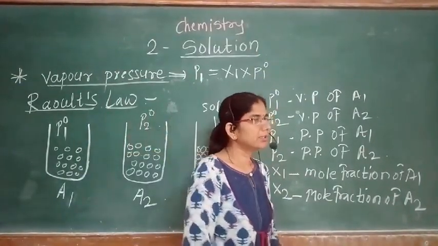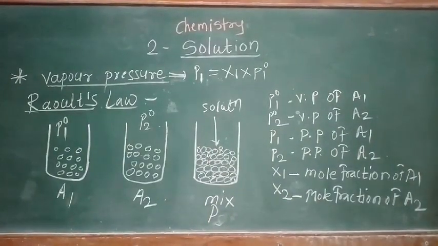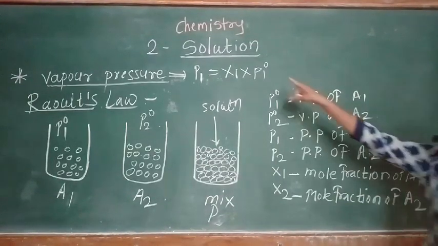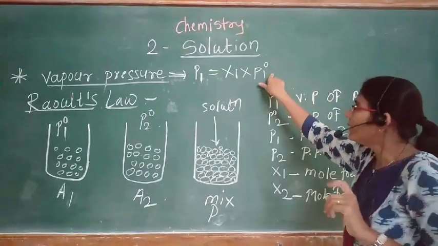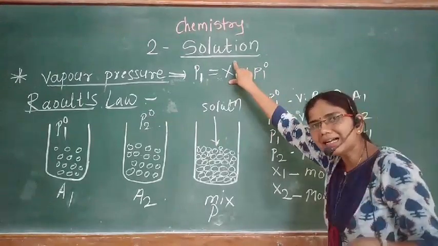So Raoult's law states that the partial vapor pressure of any volatile component of the solution is equal to the vapor pressure of the pure component multiplied by the mole fraction of that component